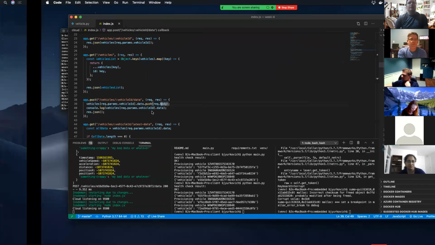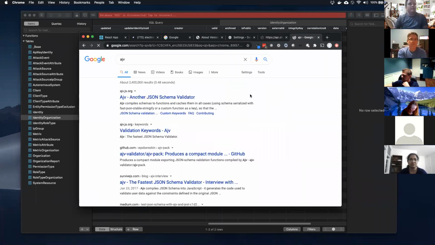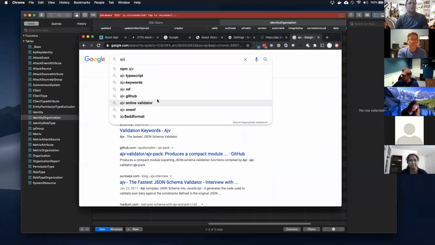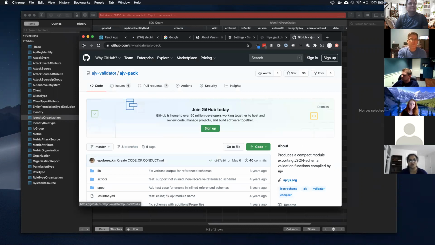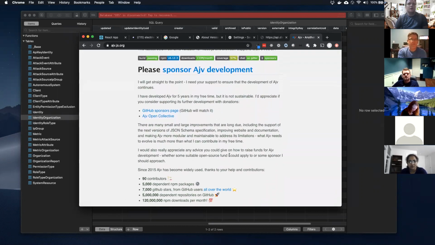All right, so let's look at stuff. There have got to be libraries that help us do this. Well, one of them is called AJV, which stands for Another JSON Validator. There's a ton of them, apparently, because there's another one. This is one of the more popular ones.